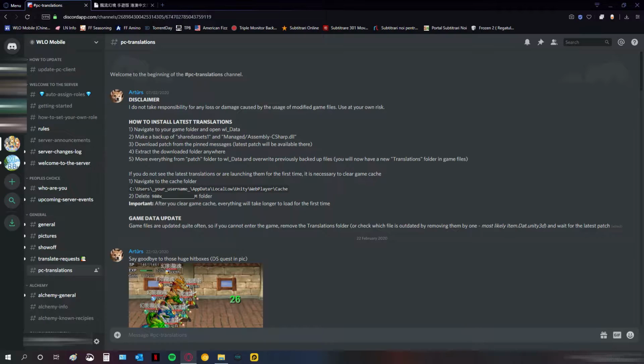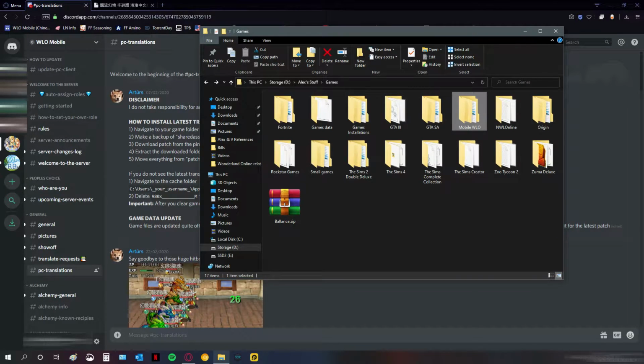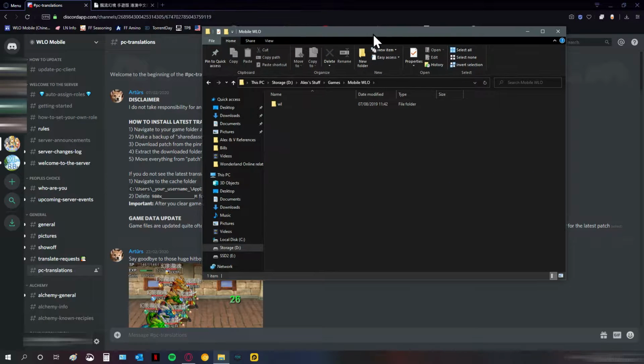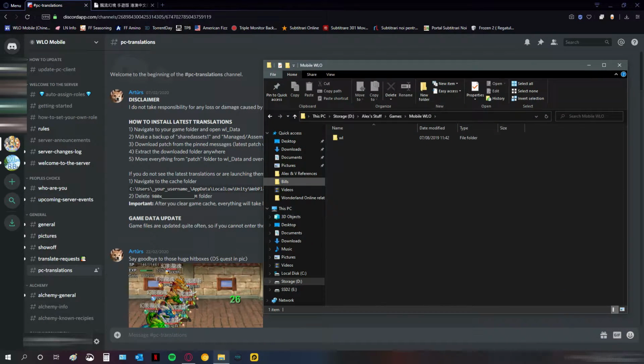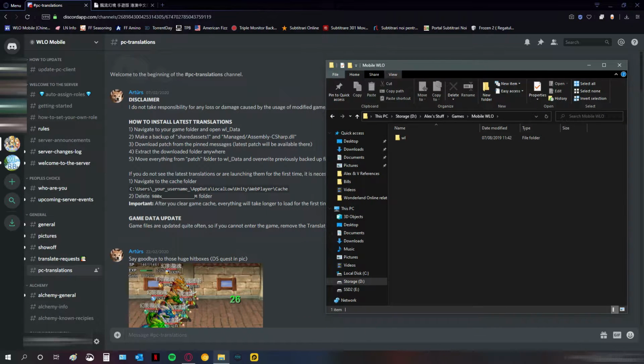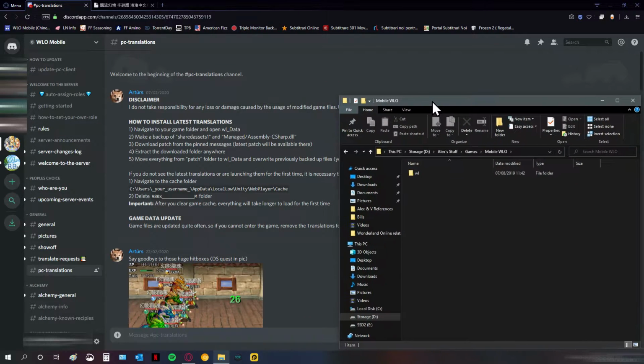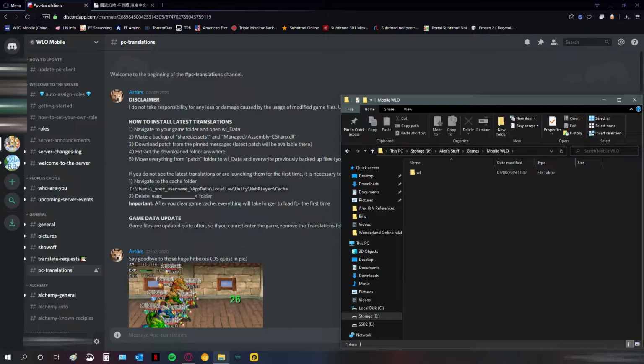Now, how to actually install this? First of all, you would have to make a copy of a few files from the original game files. I'll just make this a bit smaller so I can fit everything in. Yeah, so you would have to make a copy of 2 of the files before you actually install the patch, and the files will be found in the folder where you install the game, and then in